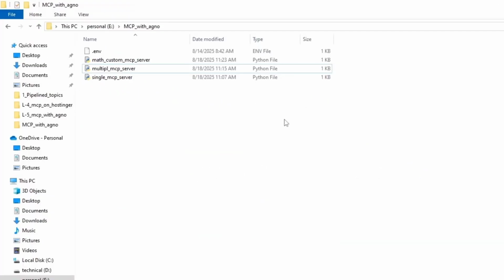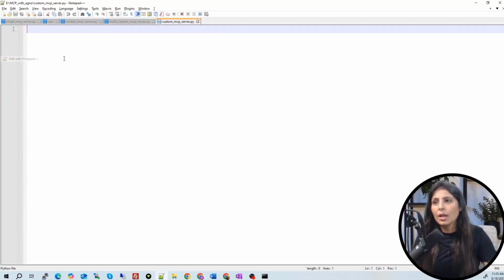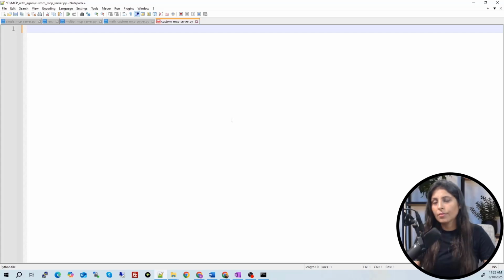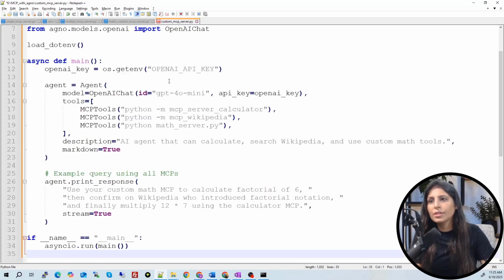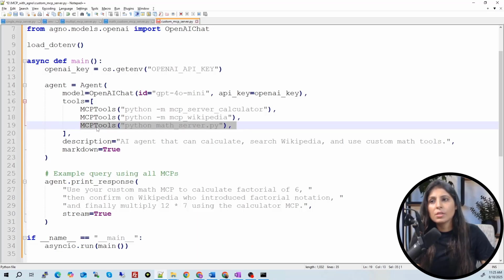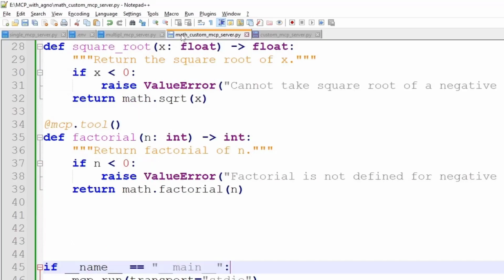So we are adding one more file over here, which is custom MCP server. Let's open it. And now we are going to write code over here. So this is the code. See guys, the entire code is the same. The only change is, just see these tools. Over here, we added the third MCP tool, Python math server. What is the name of our file? Math custom MCP server.